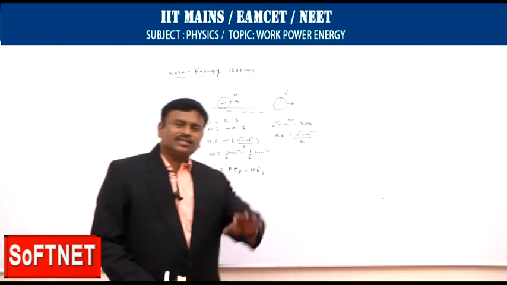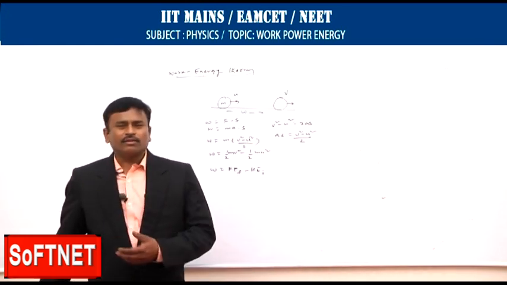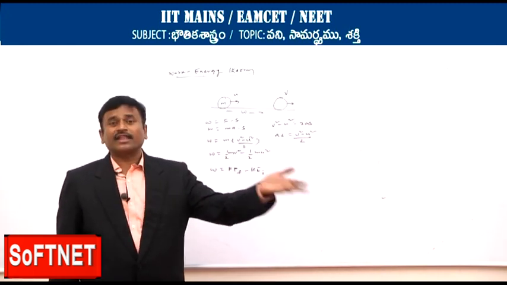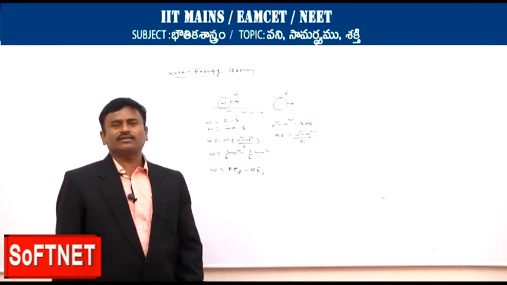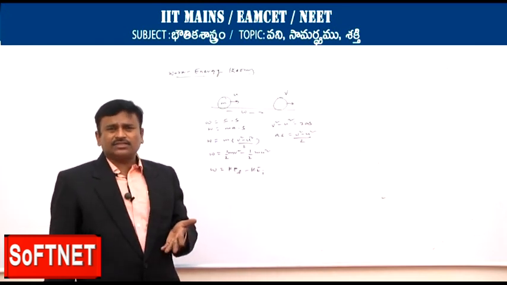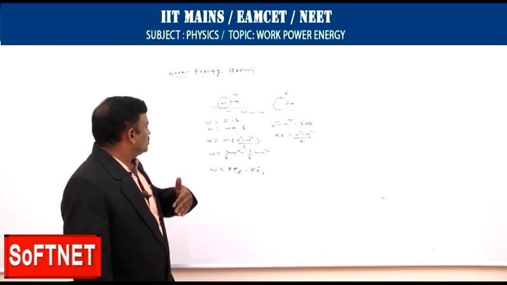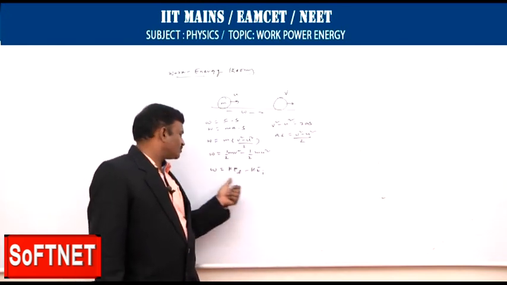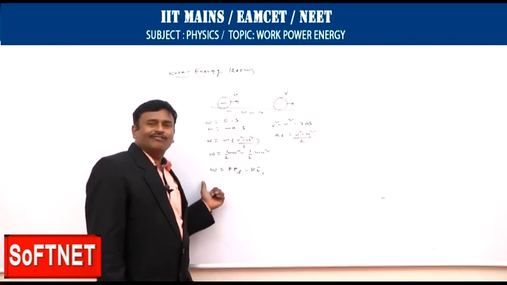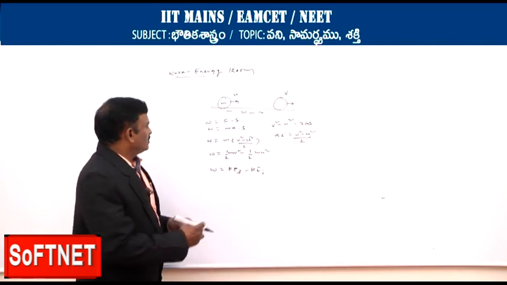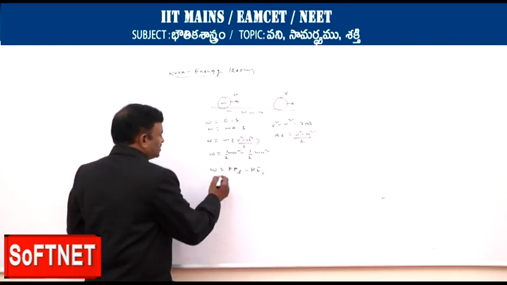The best example is a football on the ground. One person kicks the football and it moves. If another person comes and kicks the football, it increases the velocity. So how much work is done by the second person? The work done is equal to the change in kinetic energy. In such a manner, work and kinetic energy are related. So work done is equal to change in kinetic energy.